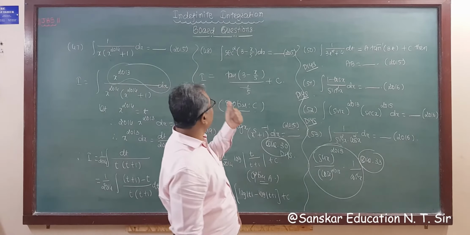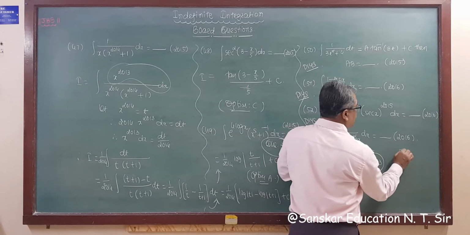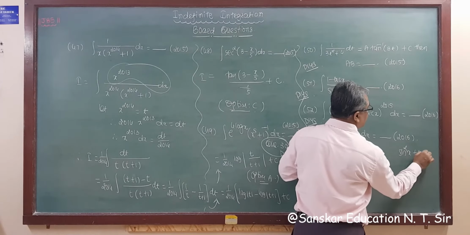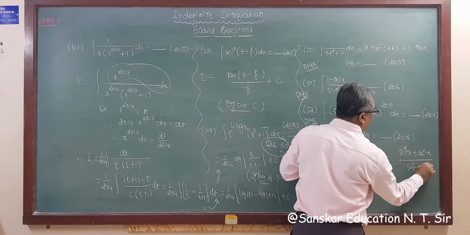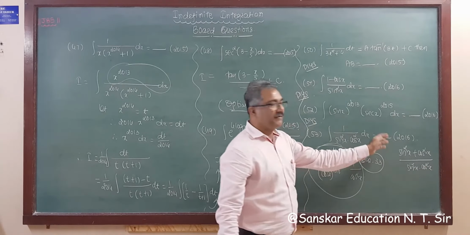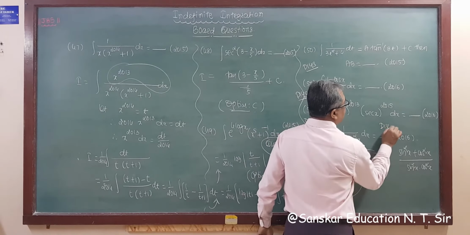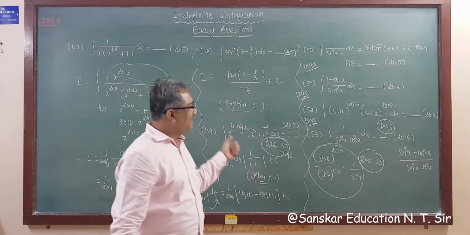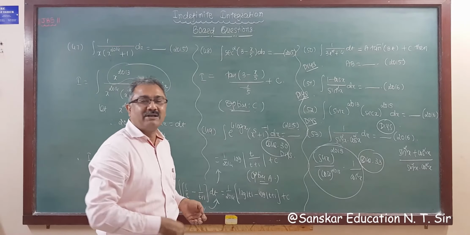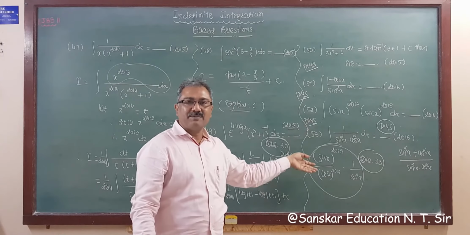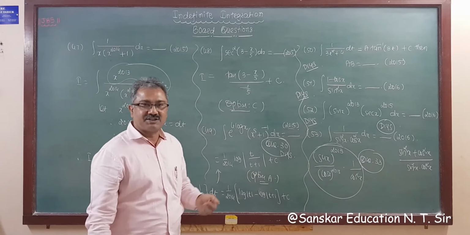Similarly as this question, substitute 1 is equal to sin square plus cos square. So 1 is equal to sin square x plus cos square x whole upon sin square x into cos square x. Right? So bifurcate, you will get like this question. So this is also do it yourself. Right? So in this lecture, you have lots of questions for practice, and in onwards lectures you will get similar questions. Right? So do practice for this type of questions.